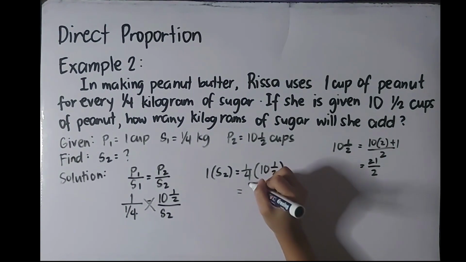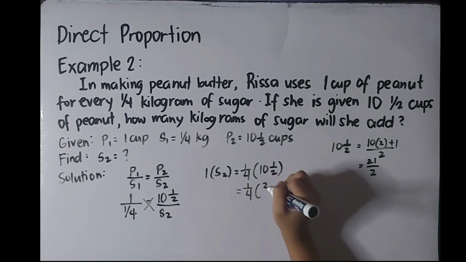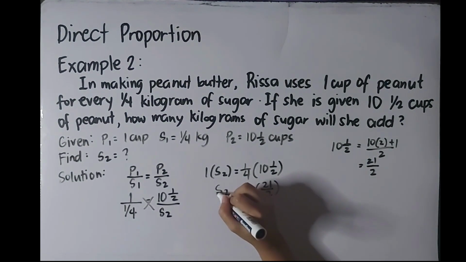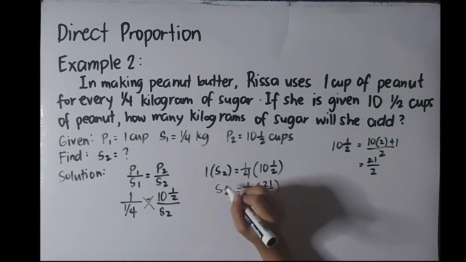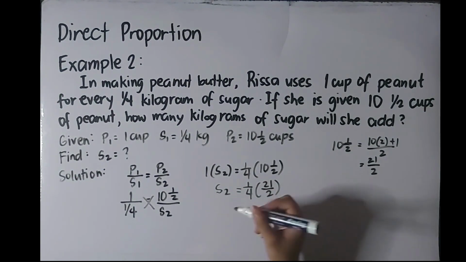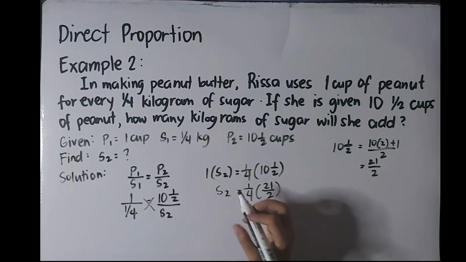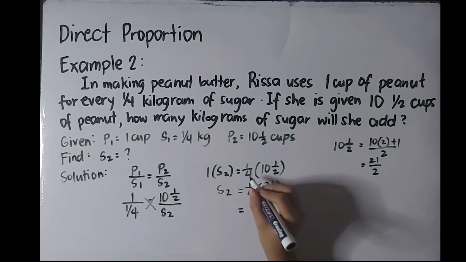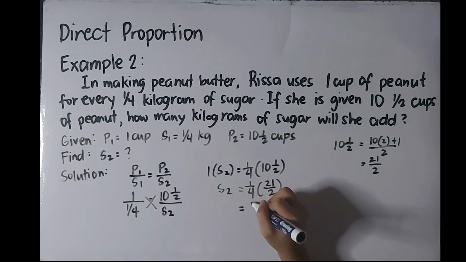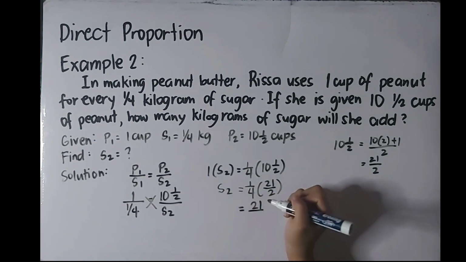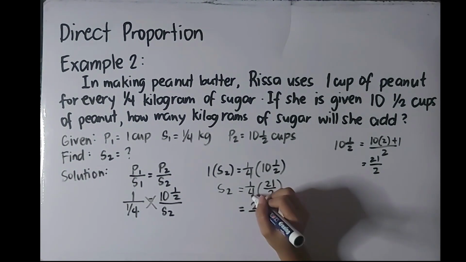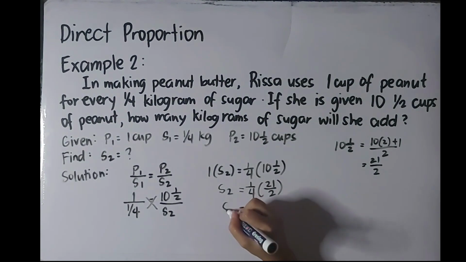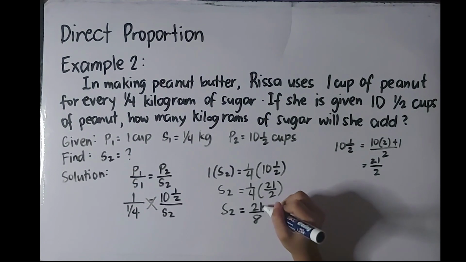So we have here 1/4 times 21 over 2. Then we have simply S2. So anything that you multiply to 1 is just itself, identity property. So S2 is equal to 1/4 times 21 over 2. So multiplication of fractions, we have 1 times 21, that is 21, over 4 times 2, that is 8. So our S2 is 21 over 8